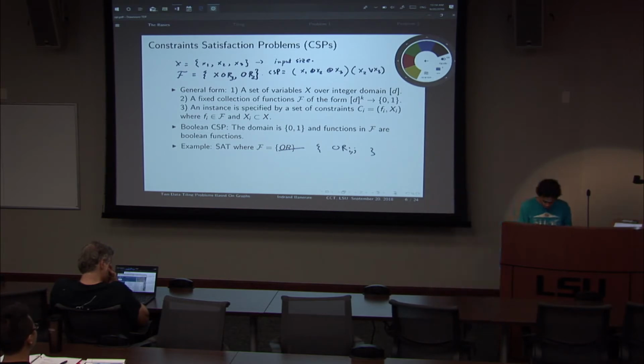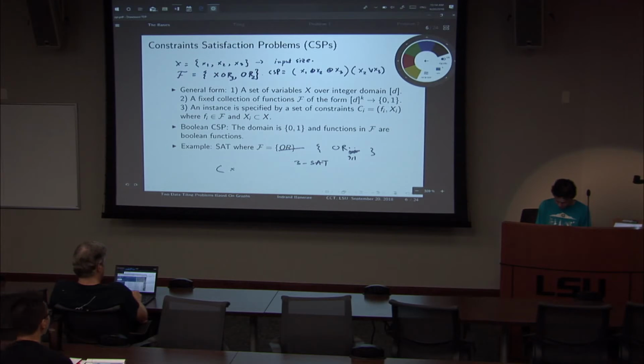So for example, if I have 3 and 1, then this problem becomes 3-SAT. And I can have formulations like x1 or